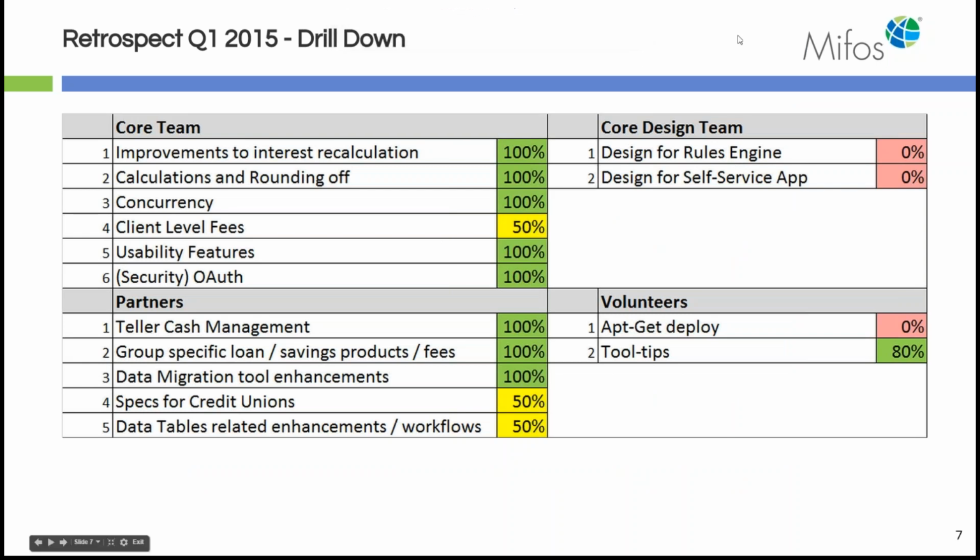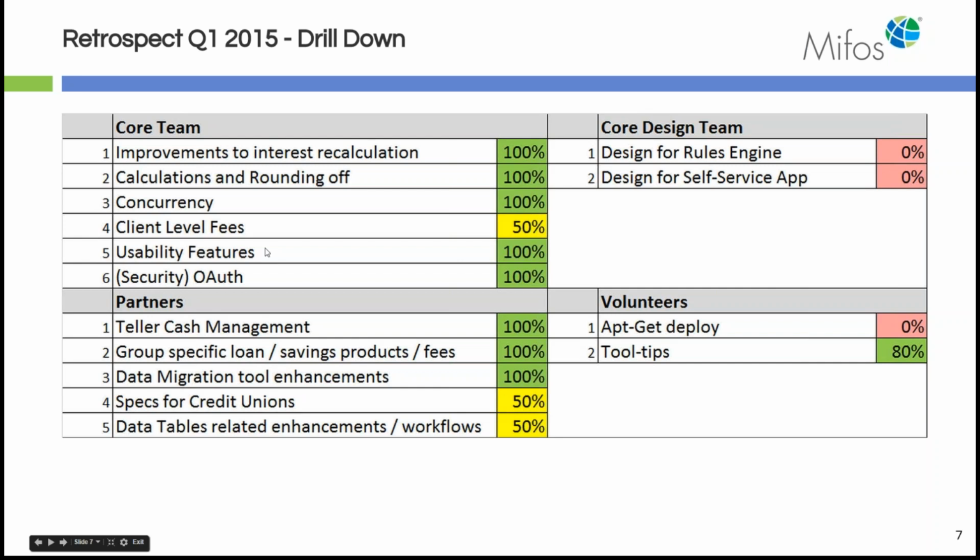A bit more details. As you can see, the core team worked on improvements to interest recalculation, rounding off, concurrency, client level fees, usability features, and something more security related. We're now having OAuth in place, which is still in an alpha phase. So we're not really publishing it with this version, but we're testing it internally